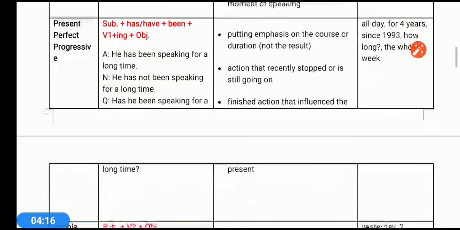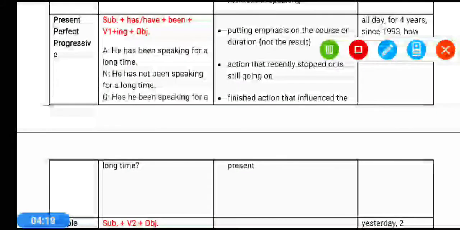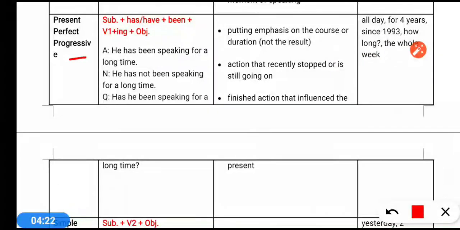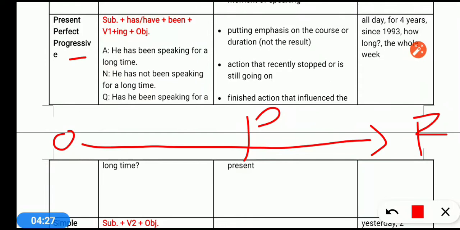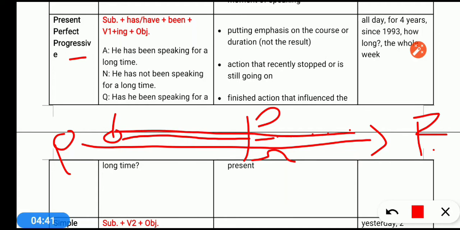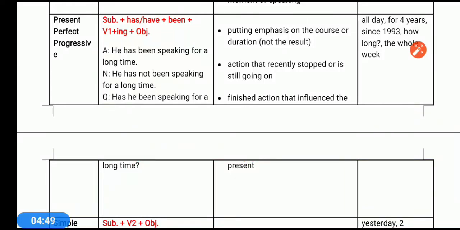If we talk about the last one, present perfect continuous tense or present perfect progressive tense, it shows that an action started here in the past. This is past, present and future. So an action started here, but it is still going on, in the present also. For telling such action that started in the past but is still going on, we use present perfect continuous tense. For a starting point, if we know the exact time, like Monday, January, 6 o'clock, 7 o'clock or 2005, then we use since, otherwise we use for.